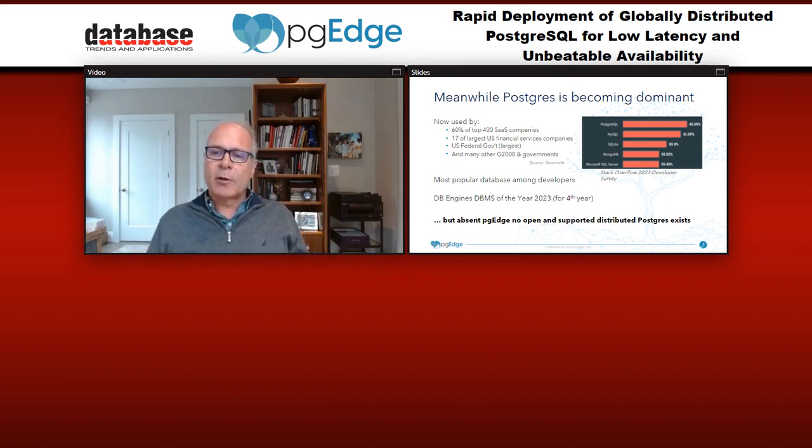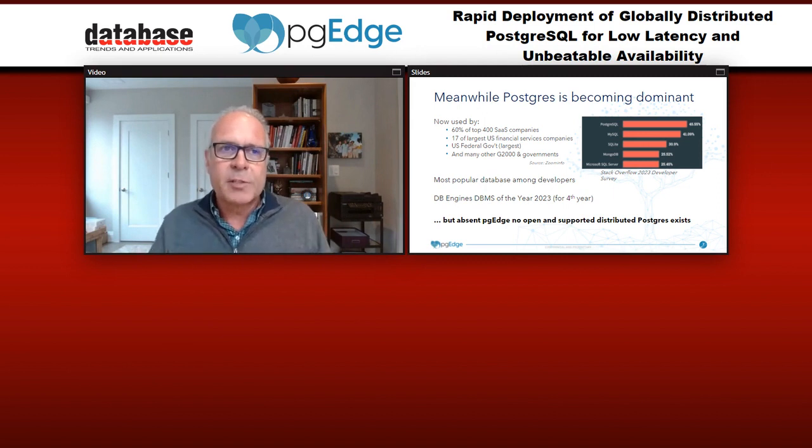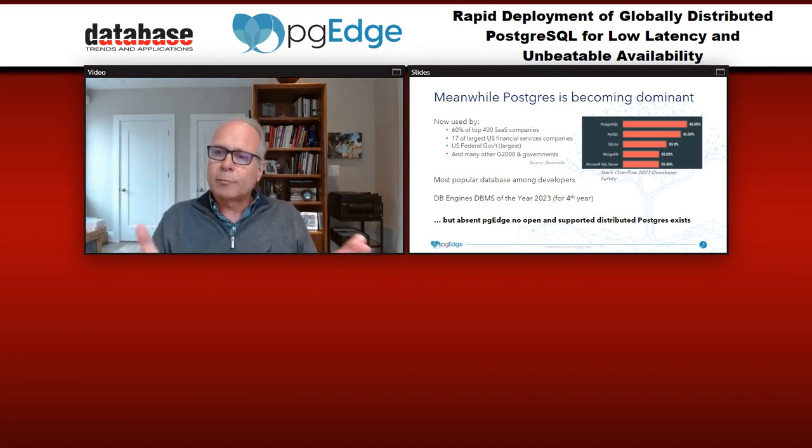The Stack Overflow Developer Survey, which each year goes out and surveys thousands of developers, last year, for the first time, placed Postgres at the top of the list of most desired database technology to work with. DB Engines, that looks at a range of different data sources, made Postgres the DBMS of the year last year for the 4th year. But importantly for this discussion,